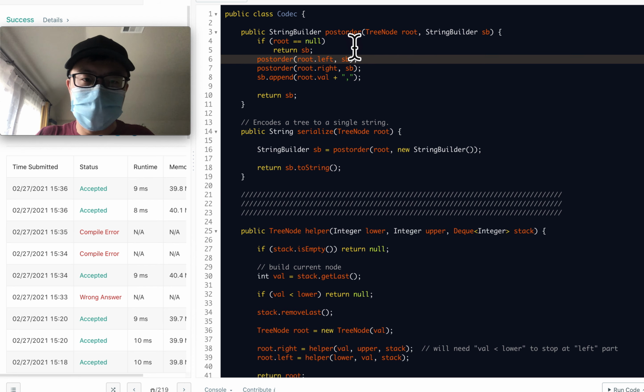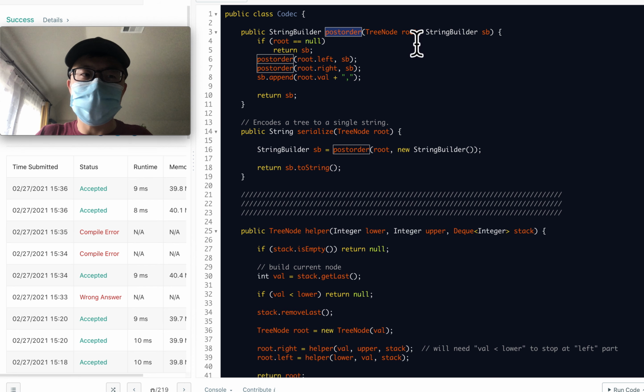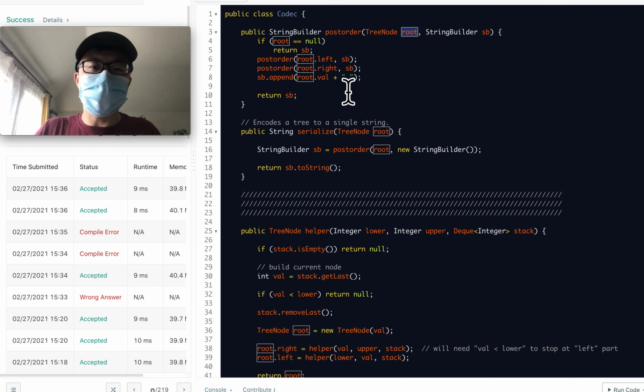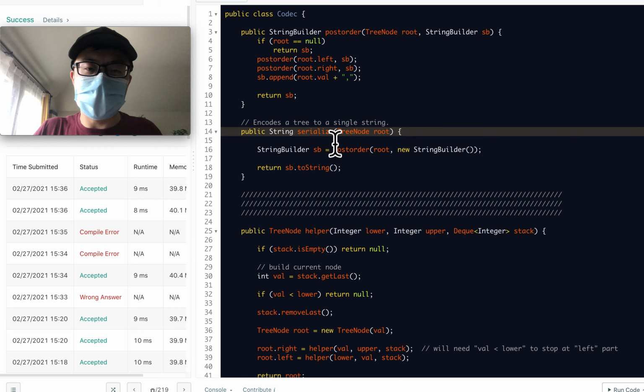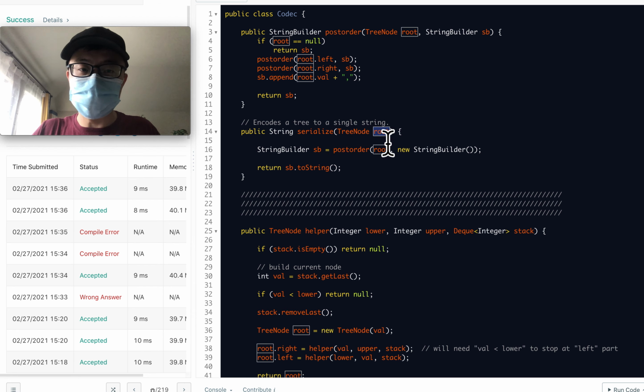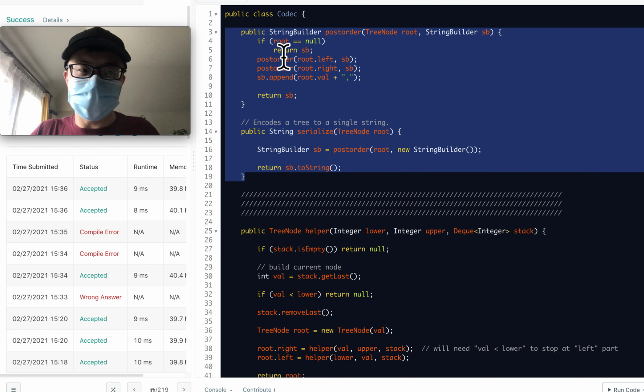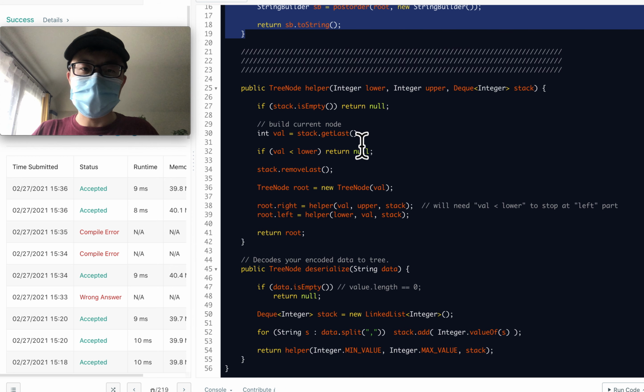So basically, we need the post order to turn the binary search tree into the series, right? So when we do the serialization, we need this function. Given the tree root, we put the root into the post order, and then return the string builder, right? The string builder will then turn to string. So this is the serialization step. That's very simple. The difficult one is that we want to do the